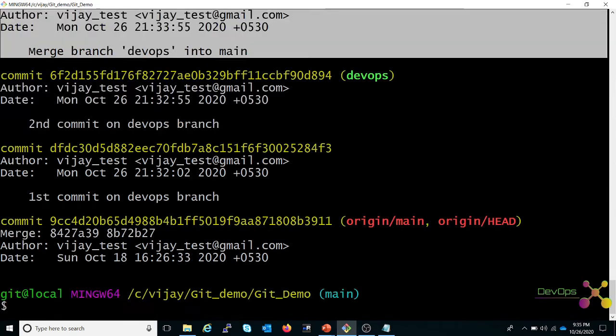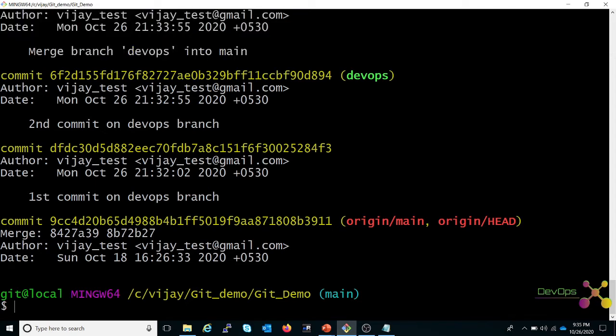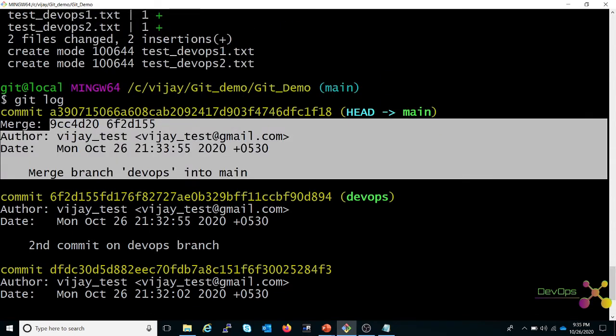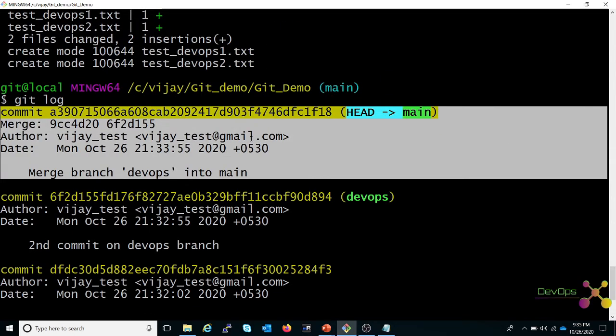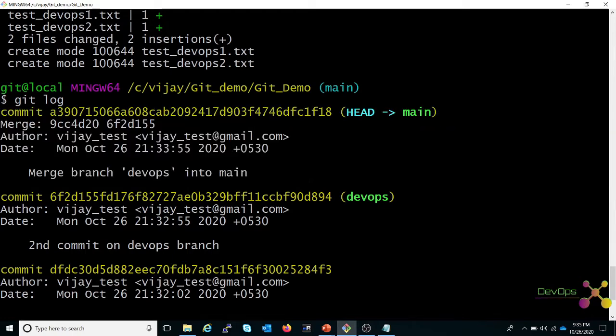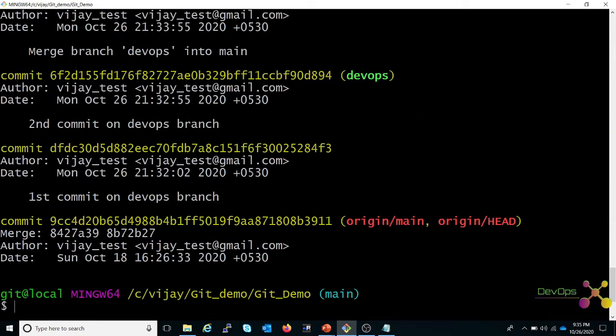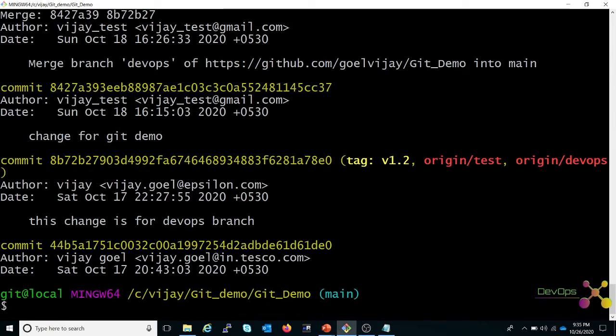That is when you follow fast forward, which is the default. Suppose the head of the main branch already has some commits which are not matching with the feature branch. In that case only it will create a new commit, and this is called non-fast forward. If you want to always create a new commit, you can use an option. Let me reset it. By default it will be fast forward. When it is not able to do a fast forward, it will do a non-fast forward.